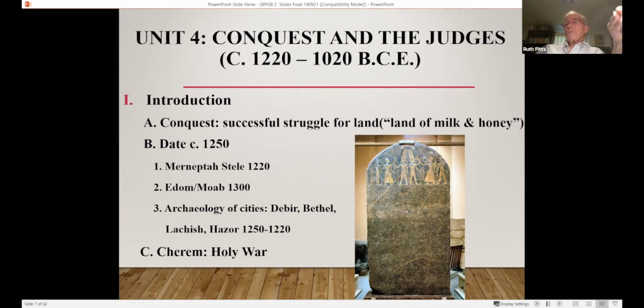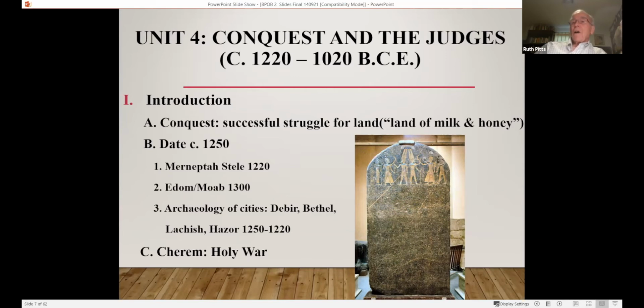And so it talks about the Pharaoh and his relationship to Israel. Now, Edom and Moab have been dug carefully by the archaeologists, and they don't find any evidence of permanent settlement before 1300. Well, they stopped the Israelites coming in, so we know that the Israelites are coming in after 1300.